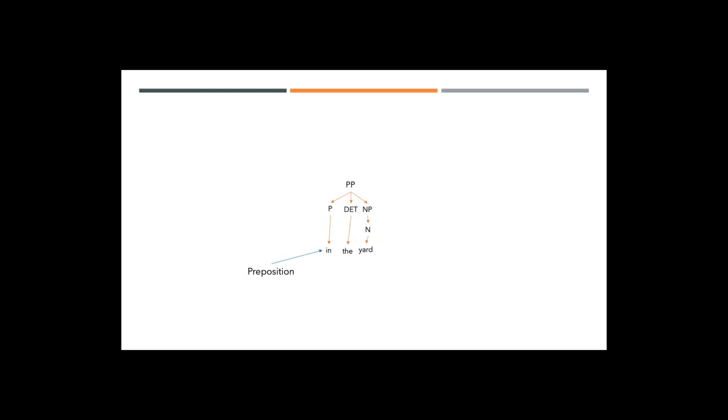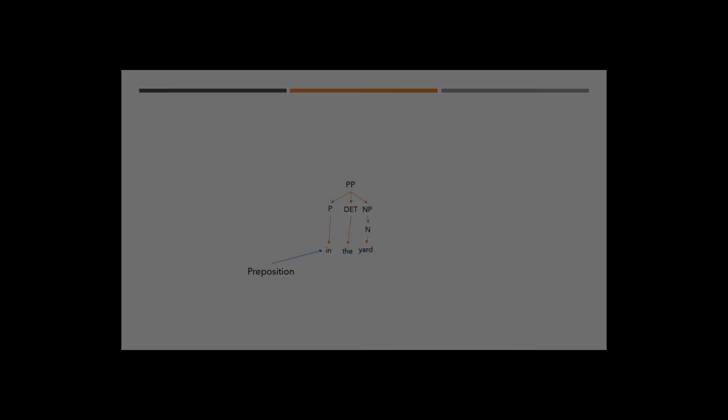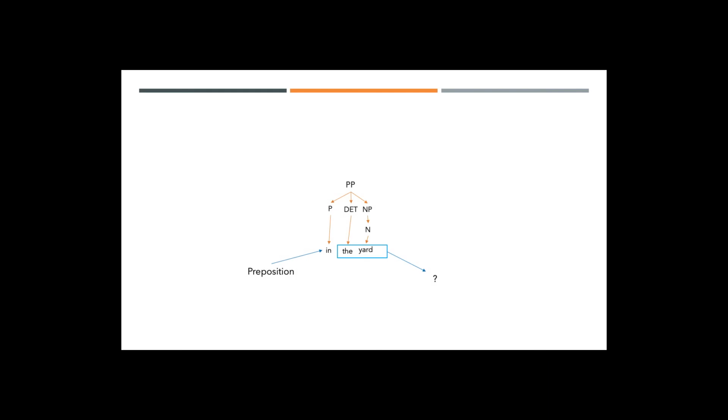But what about that prepositional phrase, in the yard? In is a preposition, so that makes sense. But why are those other words there? They are there because phrases can have multiple parts, and to make things a little more tricky, one phrase can have another embedded in it. So, for instance, you can have a noun phrase with an embedded prepositional phrase that has another noun phrase embedded in it. And amazingly, that sort of embedding is pretty common.